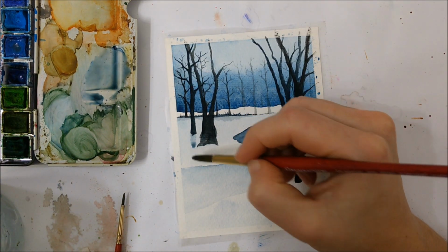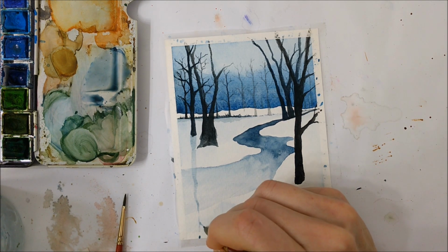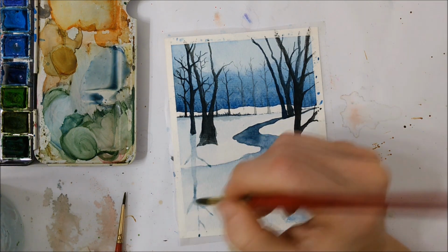Once your trees have completely dried, we are going to be adding some of the finishing touches that kind of complete the look of the painting. So we're going to first add the shadows of the trees, and because my moon or my sun, whatever you want to interpret that as, is sort of in the left portion of my painting,